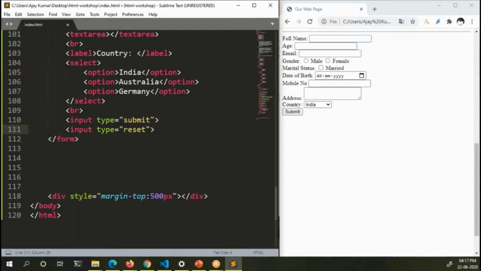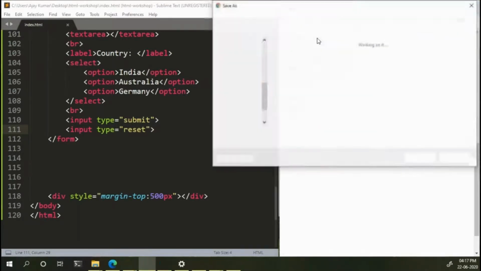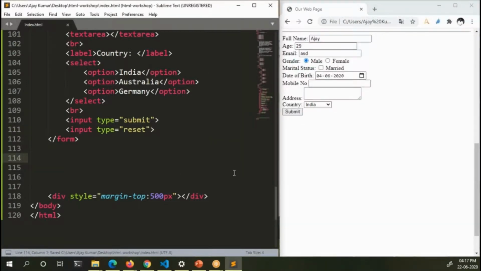Okay, and another thing is input type equal to reset. What the reset input type will do is, when you type something here, so this is a number value, you can increase whatever you want. Okay, this is an email field. Let me refresh it first.